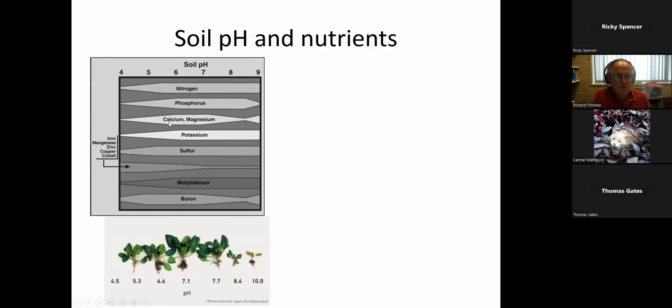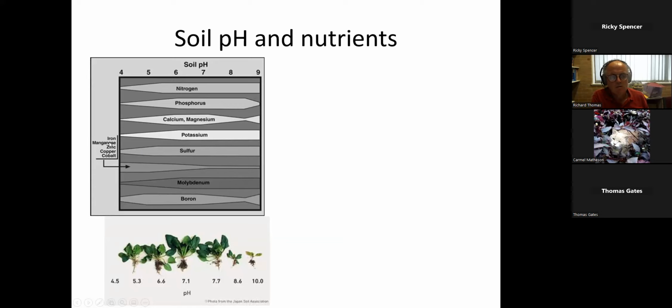Calcium and magnesium: the mobility of calcium drops off with low pH. It's at an optimum around 6 and 7. If we want to make nutrients available to plants, they have to be in a mobile form. And so the region 6 to 7, you can see, is pretty much optimum for many things,